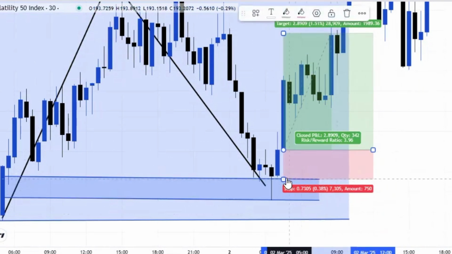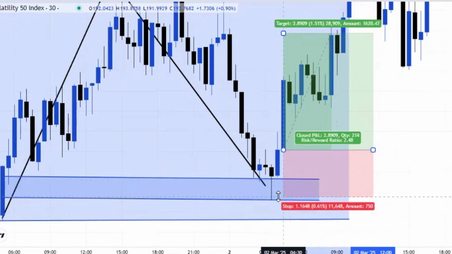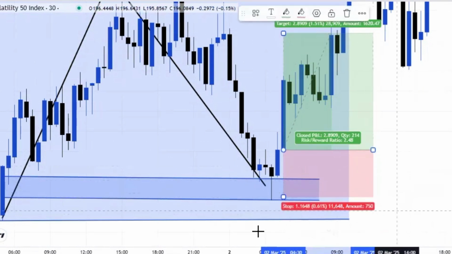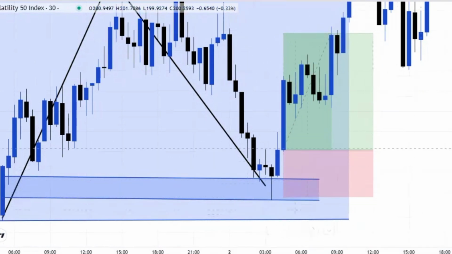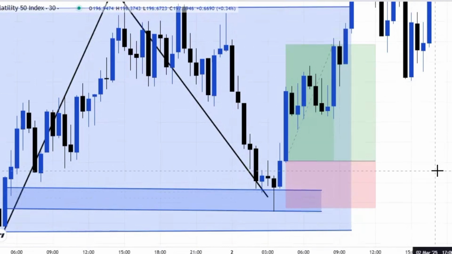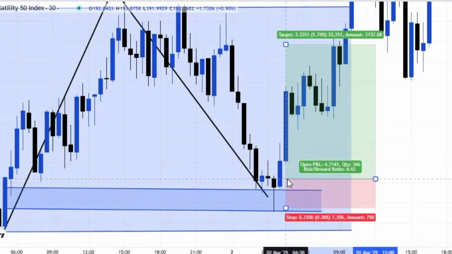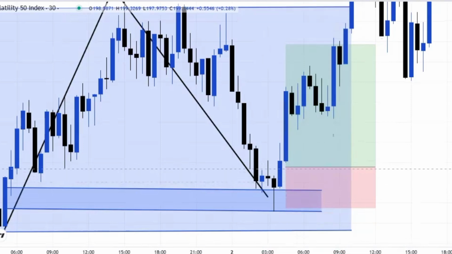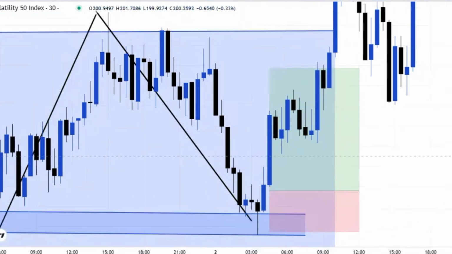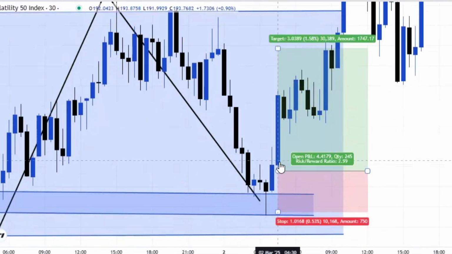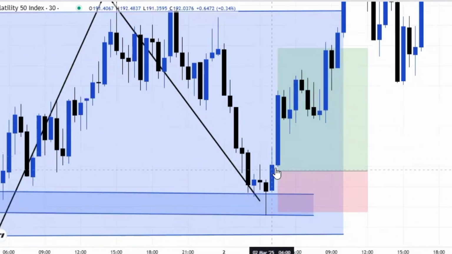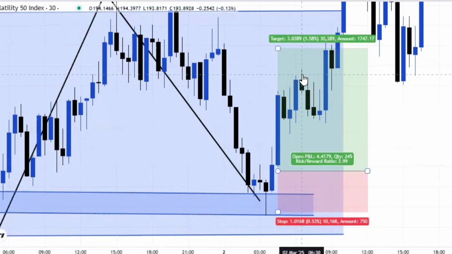Okay, yeah, it can be too tight. Let me move it down a bit. I think I'll set it at this level, to give it breathing space, so that the price will not come and take my stop loss and then start moving in my direction. So now you can see, after the forming of this, the next candle opened, so I'll enter from here, and you can notice that the market starts moving. The market was still moving from that level.